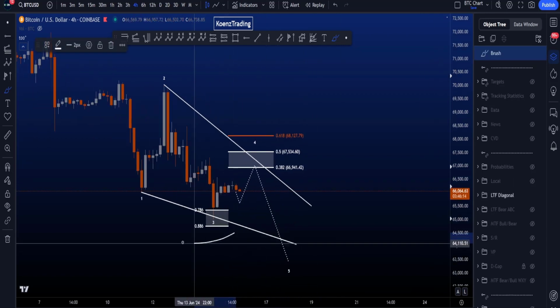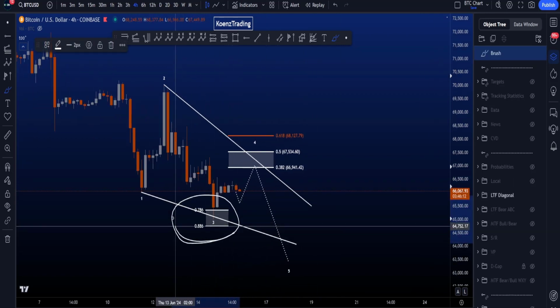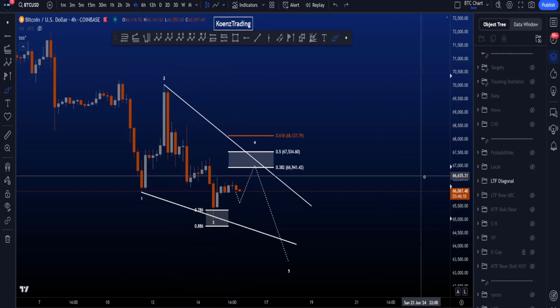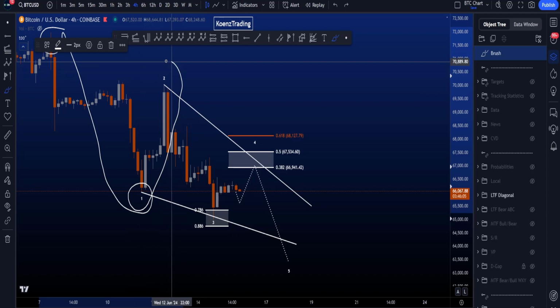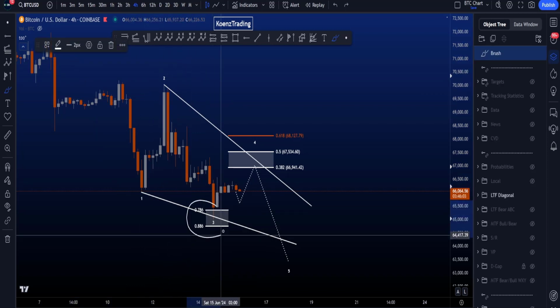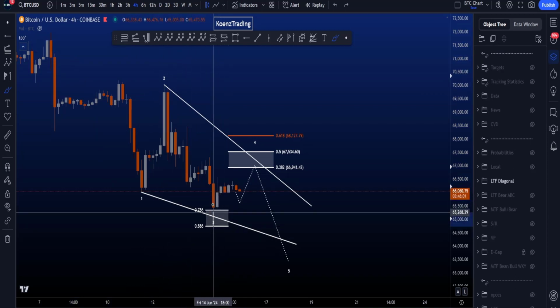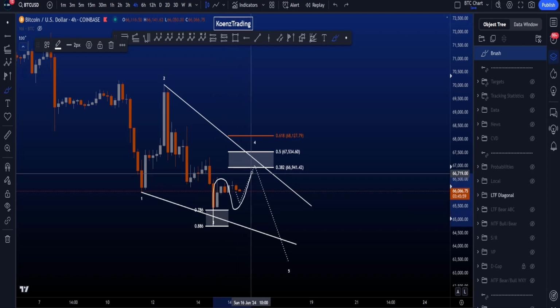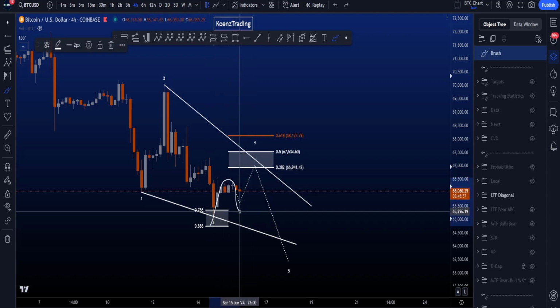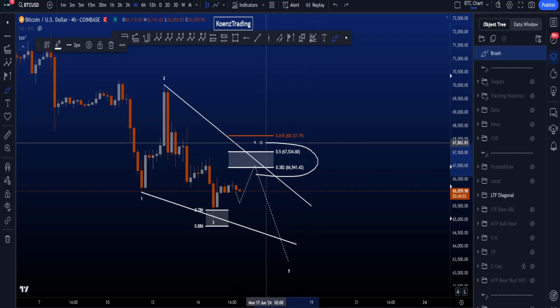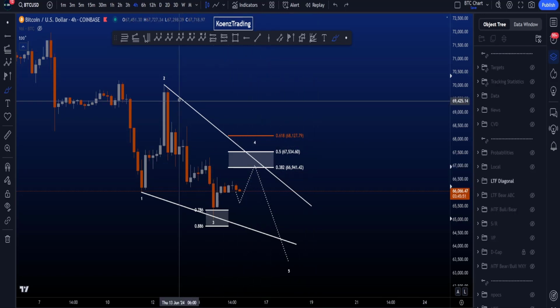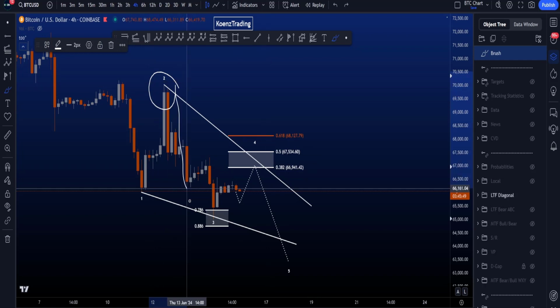The common target area for your wave 3 is between the 886 and the 786 trend-based Fib extension, taken from the start to the end of 1 to the end of wave 2, nicely respected as you can see. We're then looking for a wave 4 to the upside, where we want to see a three-wave structure, where an important target for 4 is between the 382 and the 05 Fibonacci, taken from the start to the end of